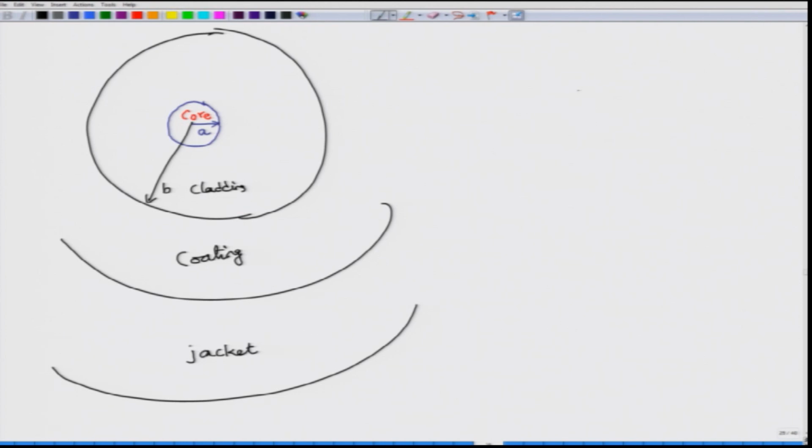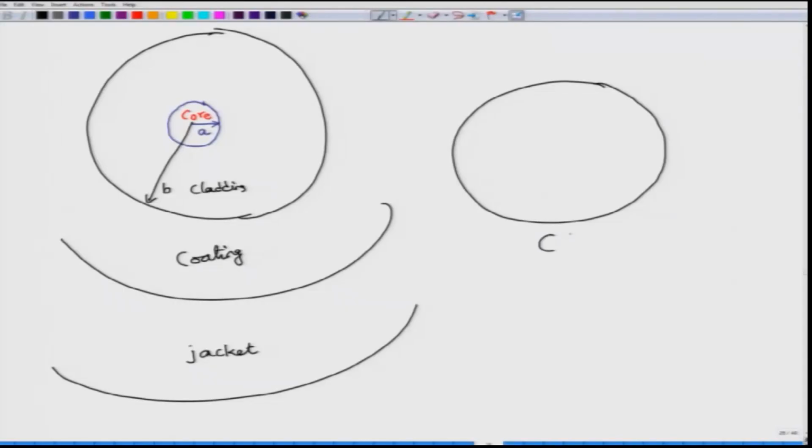Okay. Of course, as I have told you, in the big telecom industry, no fiber is actually laid individually underground or overhead, okay, because that is just not economically feasible to do so. So, what we actually do is we form multiple fibers into what is called a cable structure. Okay. There are various styles of cables that are used. So, this is just one style.